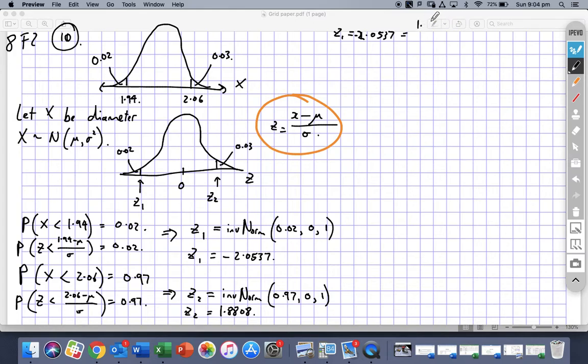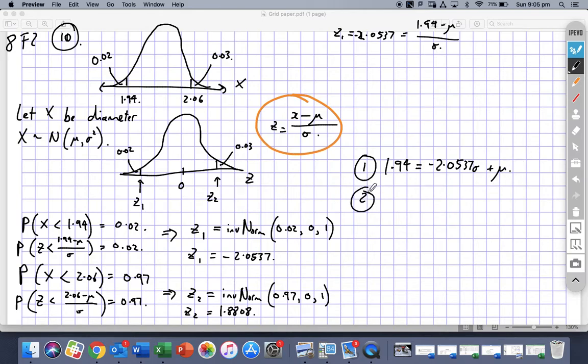Yep, 1.94 minus some mean divided by some standard deviation, sigma. So therefore I could get an equation, I'm going to call it equation 1, do a bit of rearranging. We could say 1.94 equals, now let's times by standard deviation both sides, minus 2.0537 times standard deviation. We could add the mean,